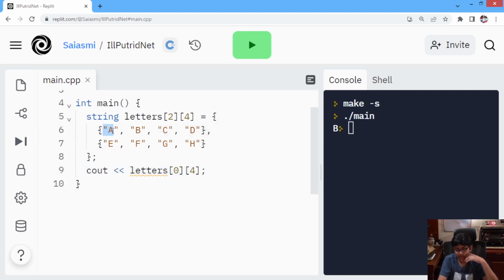You have A, that is the 0th element, B, that is the first index element, C, that is the second index element, and D, that is the third index element. So this is index 3. There's no index 4. So the obvious answer from your side will be that we will have an error because we are going outside the array. But no,